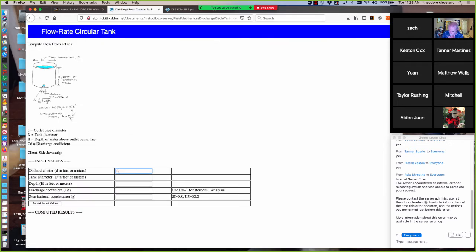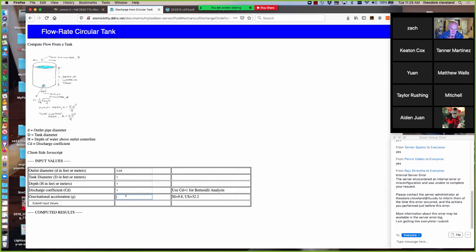So, about 2 inches. Tank diameter is given as 1 meter. Tank depth is given as 1 meter. We'll go ahead and ignore any discharge coefficient losses for the time being. And we'll do it on Earth. And we get 8 liters per second. If we put a discharge coefficient about 0.6, which probably would reflect